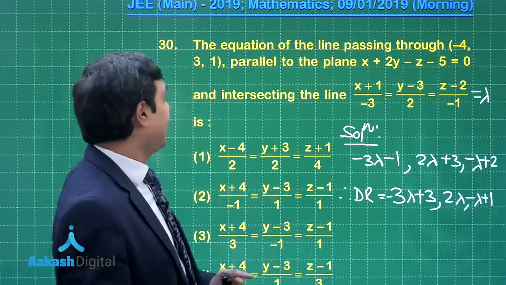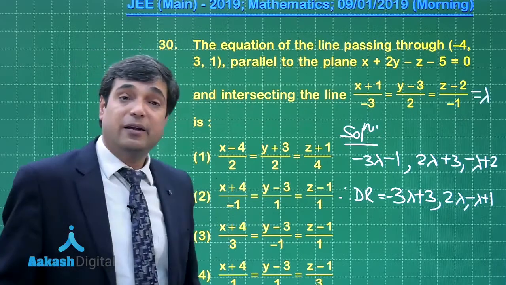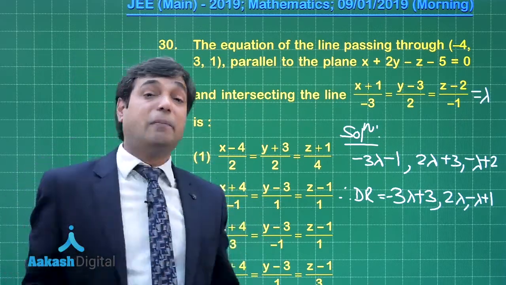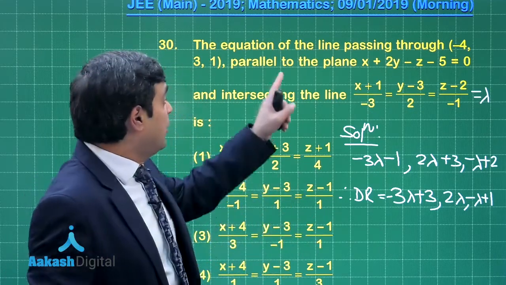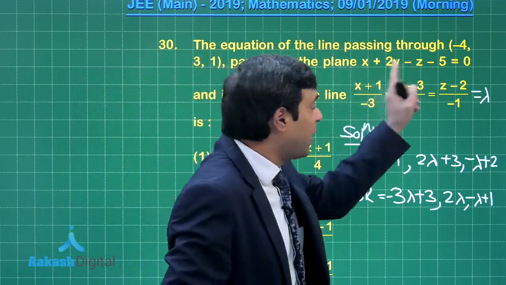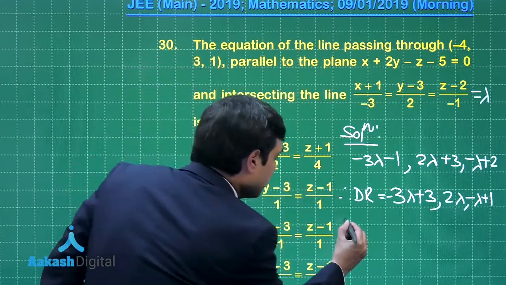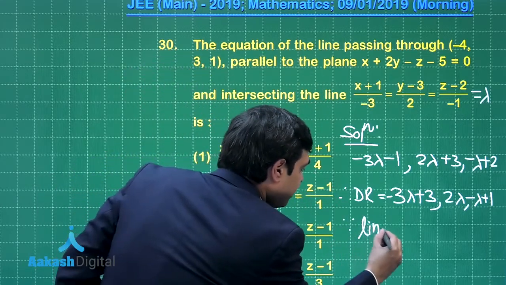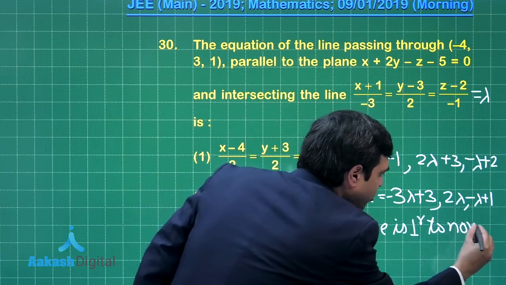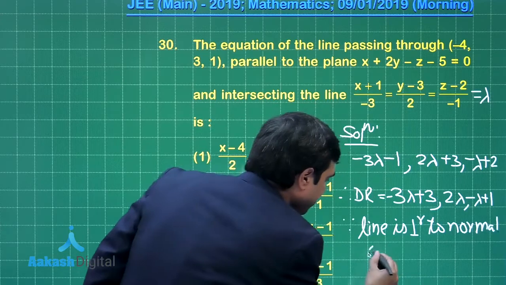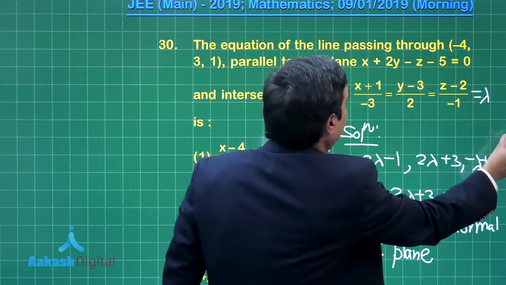This is clear. Next, this line is parallel to the given plane. If a line is parallel to a plane, meaning it is perpendicular to the normal of the plane. So normal of the plane, that is 1, 2, minus 1, my line is perpendicular to it. So we have, since line is perpendicular to normal of plane, therefore